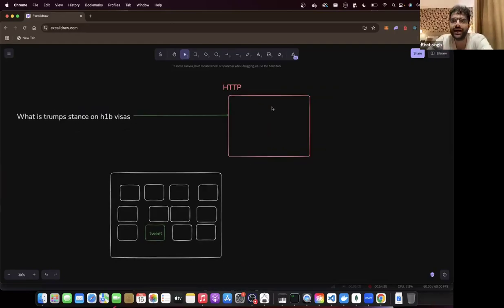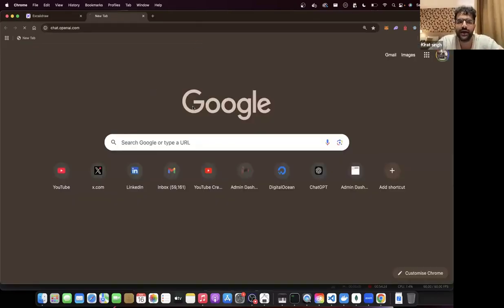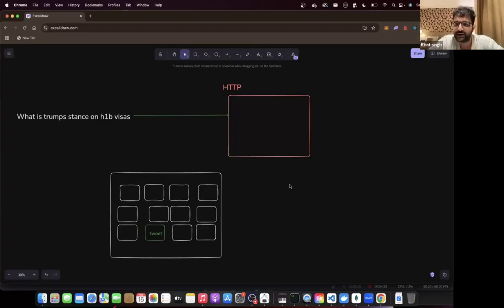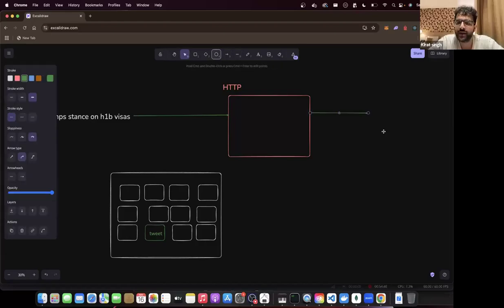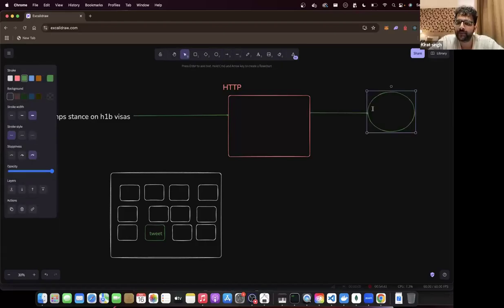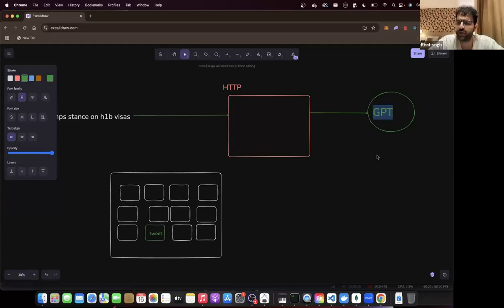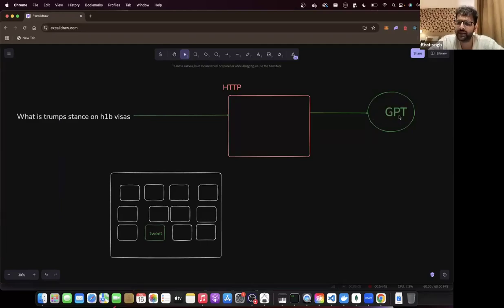It can forward it to an LLM. अब LLMs तो बहुत smart है. If I go to ChatGPT and I ask it or Claude what was the Trump stance, वो कुछ लौटा देगा. So either I can forward this request to GPT. There are very simple APIs that you can hit. ChatGPT gives you API access also. आप अपने backend से उनका backend hit कर सकते हो. From your backend, you can ask it questions. It will return the response.